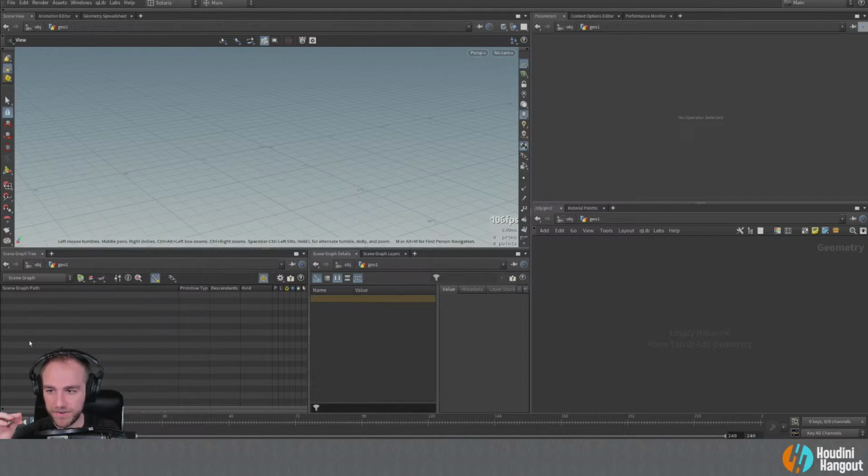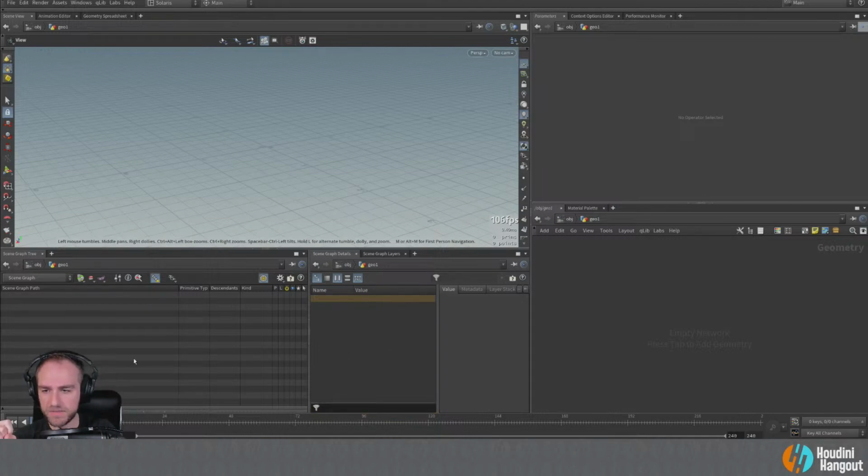So the scene graph tree is down here. This is going to be a tree, like our hierarchy view. That'll be where we're going to see a lot of things happening, where our structure is going to be built. We can also drag and drop from this to parameter panes, which is really helpful. You can use that to select what geometry you're operating on. That's something that I do a lot. There's 2 or 3 main ways that you can select geometry within the Solaris tool set. So that's one of them. There's a couple other ones as well. Scene graph details is this section here.